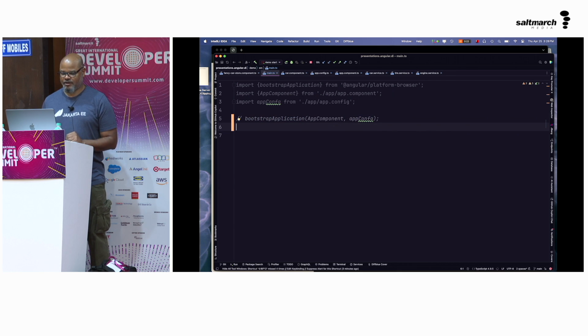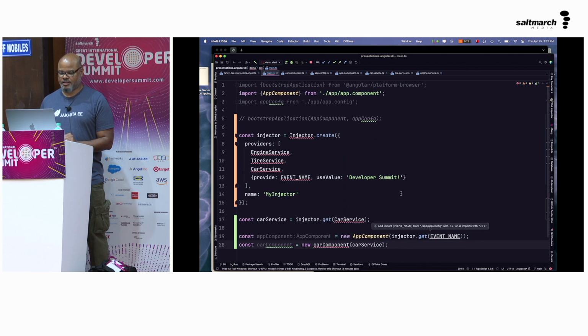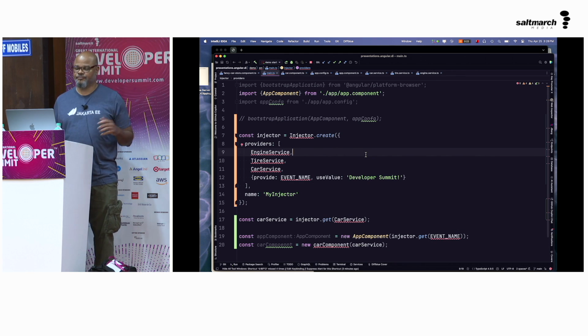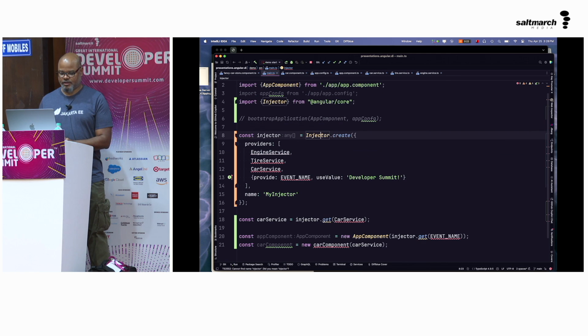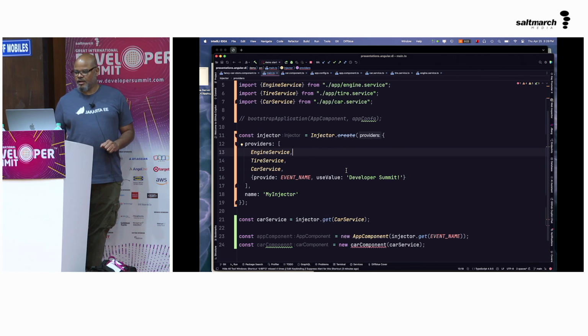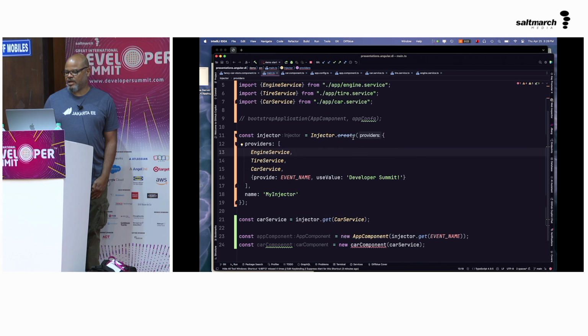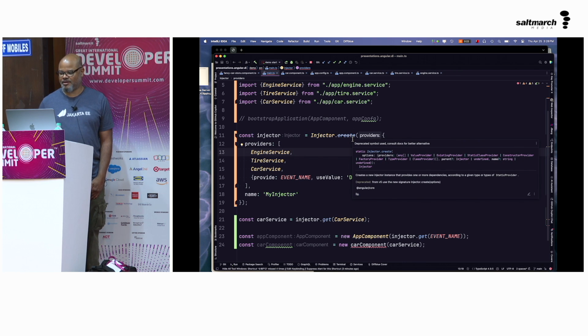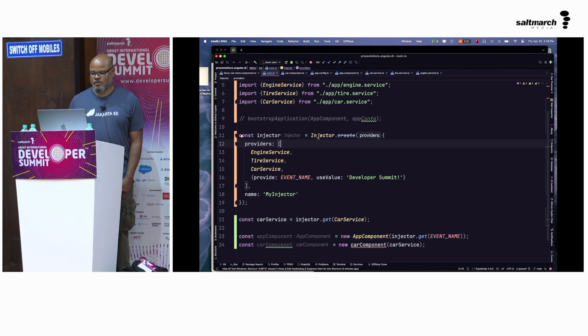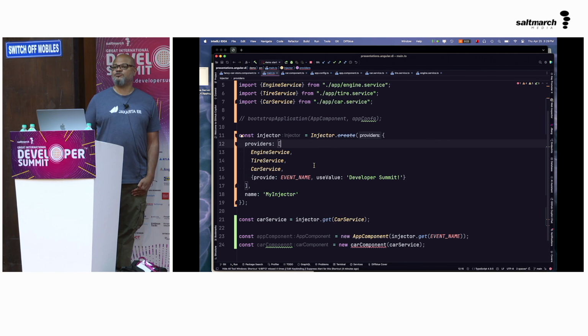So let's say we got rid of the bootstrap application, okay? And let's say that we actually just tried to use the injector API directly, because there is an injector API. That's the great thing about Angular. It's all just code, right? So I will include those, okay? And you can create, and I don't know why IntelliJ is complaining about this, because I swear that this method is not deprecated, but it's convinced it is. So just ignore that. So here I'm creating a new injector, and injectors are actually what's used for dependency injection across all of the Angular framework, okay?